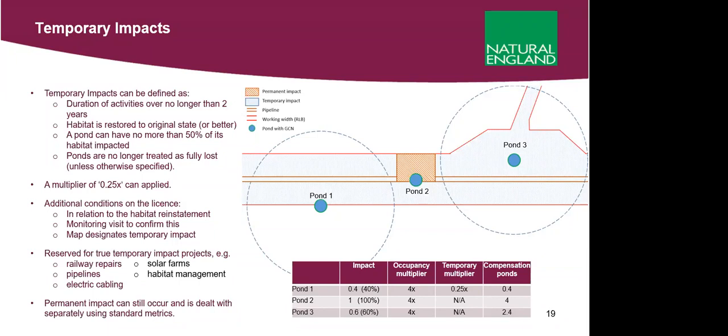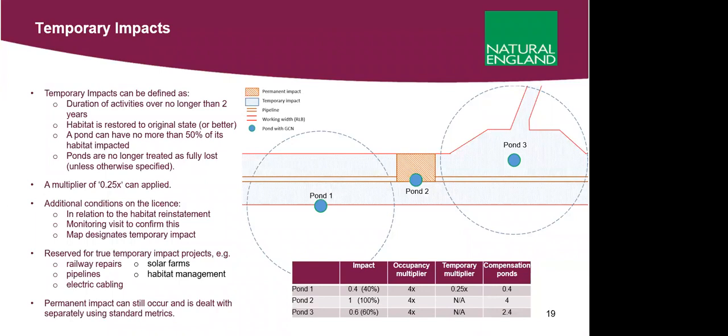It's about 40% of habitat loss, which is all temporary in nature. So the occupancy multiplier of 4 times is essentially cancelled out by the temporary multiplier, so you're left with 0.4 ponds being required to compensate for the impacts on that pond. Pond 2 is actually going to be fully lost. There is some permanent impact happening here, and therefore that's just dealt with under the standard methodology, and 4 compensation